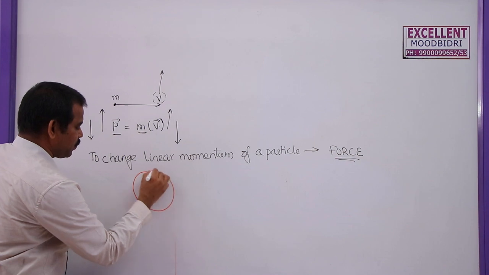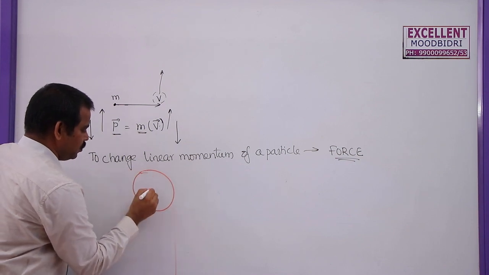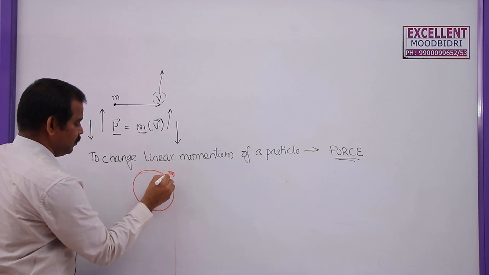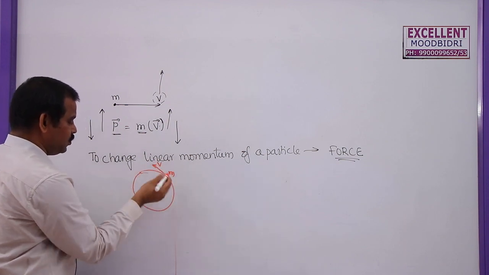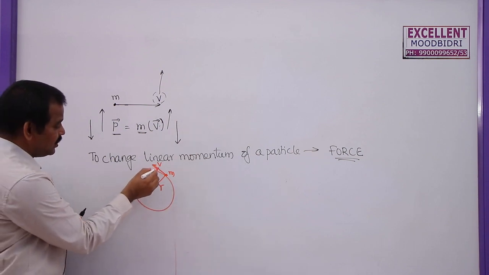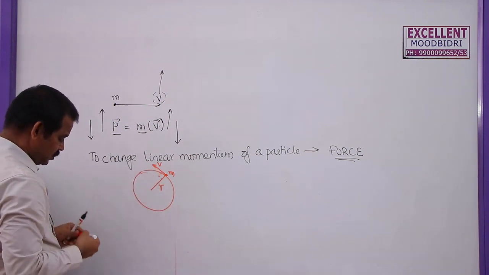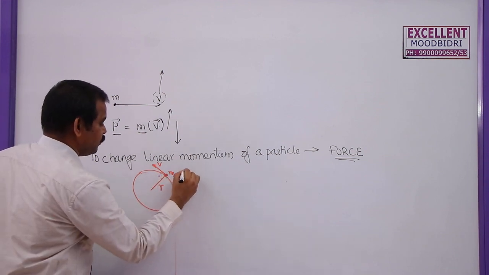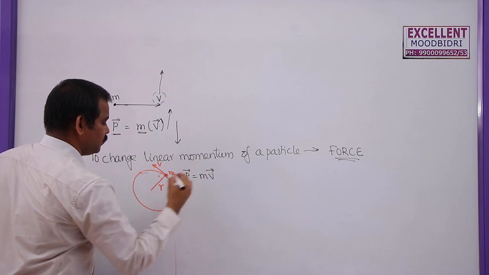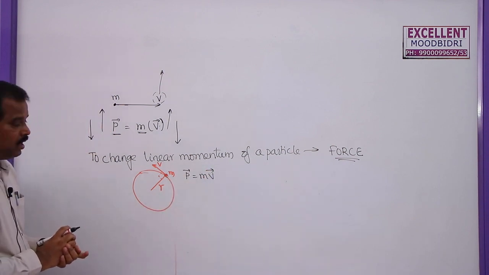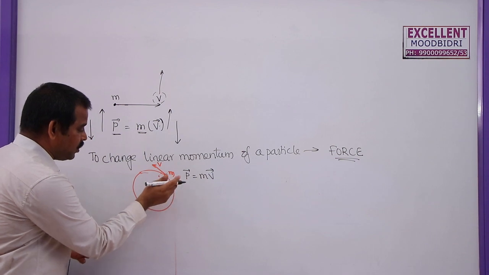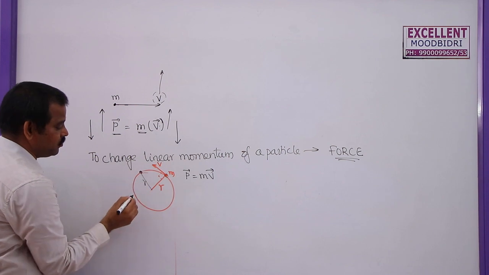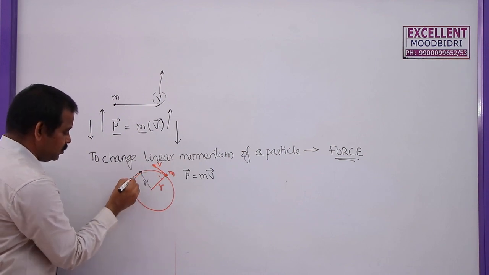Similarly, if a particle is moving in a circular path, or let us say it is rotating here, with radius r. Let us say this is a particle of mass m moving here with a velocity v. We know that when it is moving in a circular path, the velocity is always perpendicular to the radius, and so the momentum of this particle at this point is given by p bar equals m v bar. How do we change the linear momentum of this particle? After some time the particle will reach this point. Here this will be the radius vector r dash, and this will be v dash.